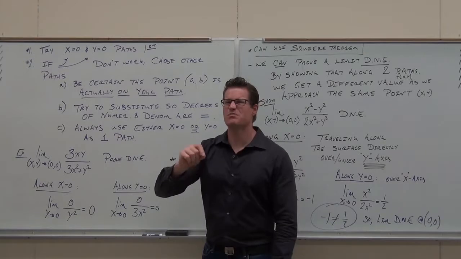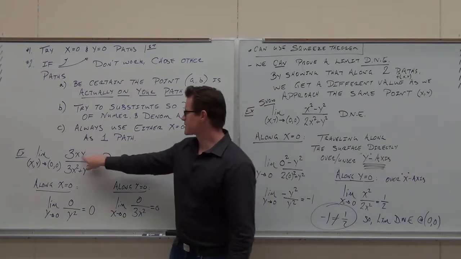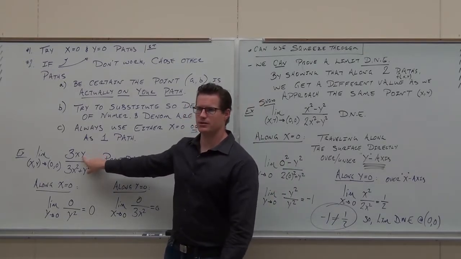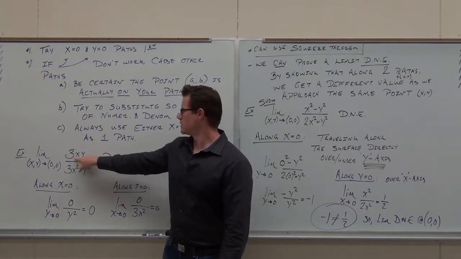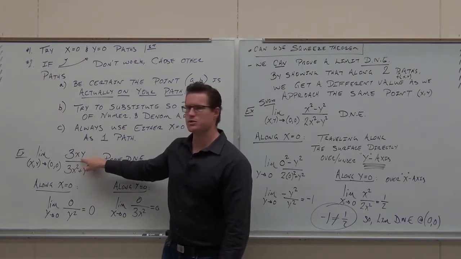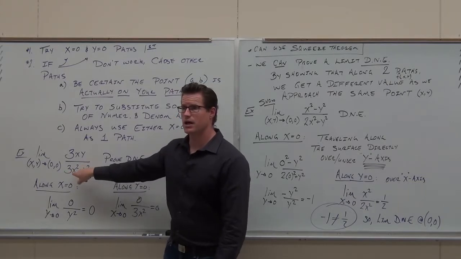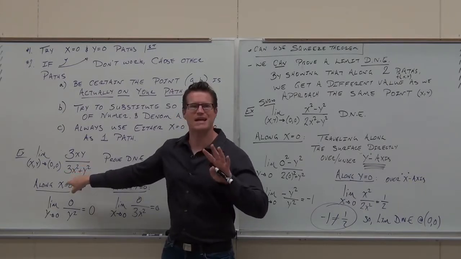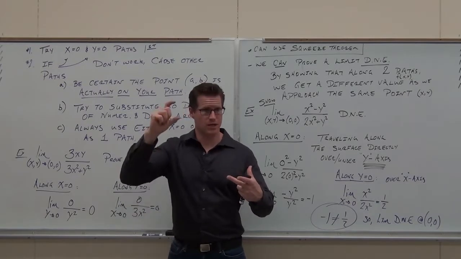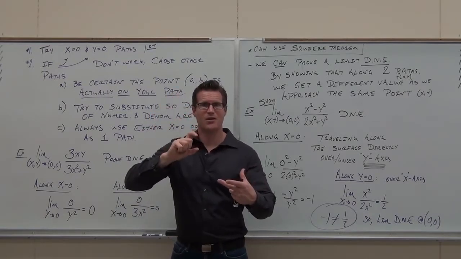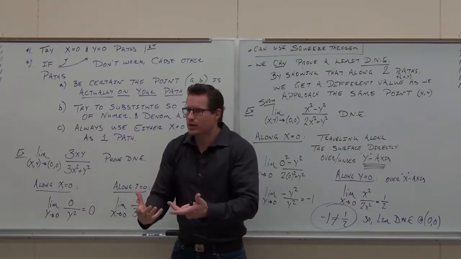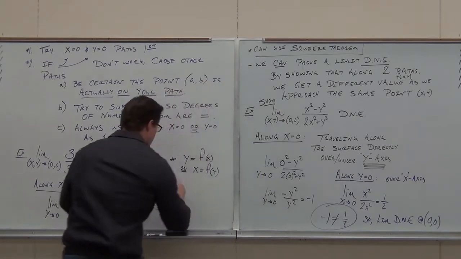So check this out. Let's imagine something. Let's imagine if this y was actually an x. Could you multiply those? Yeah. What would you get? X squared. If this y was actually an x, could you add those? And you would get 4x squared. Do you see how I'd be matching up the degree of the numerator and denominator? That's real nice. That's what I'm looking for. Also,